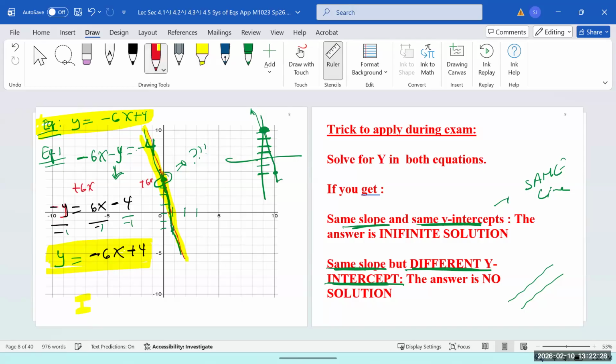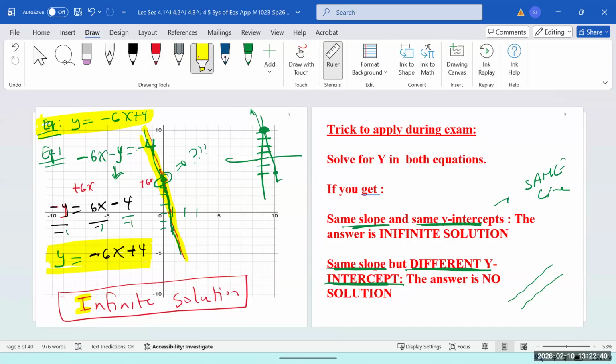So we have infinite solution. That's why in the exam, don't even bother trying the graphing method. You'll just waste your time. But for MyMATLAB, you definitely have to try it. Good thing is that MyMATLAB will draw everything for you. You just have to put inputs into MyMATLAB, and then they will draw the graph, and then you can see everything clearly, whether you have the same line or parallel lines. So this is our trick for graphing. Instead of using graphing method, we're going to use the trick method.